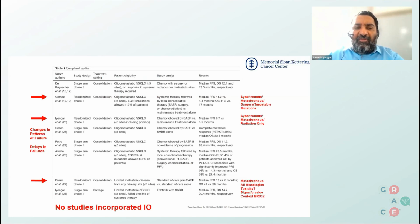Again, consolidation is a simple term stating that the patients with stage 4 non-small cell lung cancer receive 3 or 4 courses of systemic therapy. If they continue to demonstrate limited areas of metastatic disseminated disease, then those patients receive radiation. And so the non-small cell lung cancer field has really pushed the forefront of use of radiation in early stage randomized trials. The 3 red arrows here demonstrate 3 early phase 2 randomized studies of not a large number of patients, but enough that they all provided a signal that when patients were randomized to either systemic therapy alone or maintenance systemic therapy plus radiation to what's residual after 3 or 4 courses of induction systemic therapy,